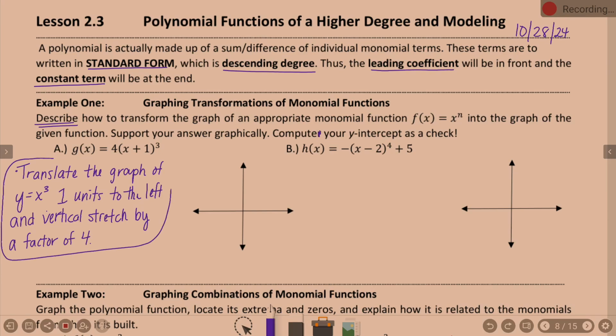Okay, guys. So that was one thing we were asked to do. We were asked to describe how to transform the graph of an appropriate monomial function, which our monomial function in this case was x cubed. Now, what does that look like? Well, the cubed function is that little baby thing. Okay, he's drawing it in the air. You guys have that visual, yes? Okay? Now,